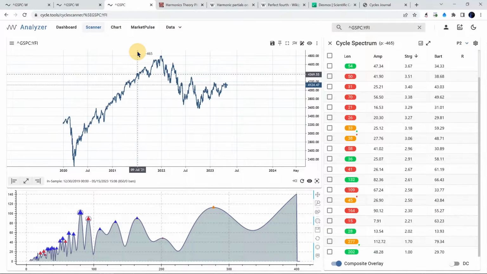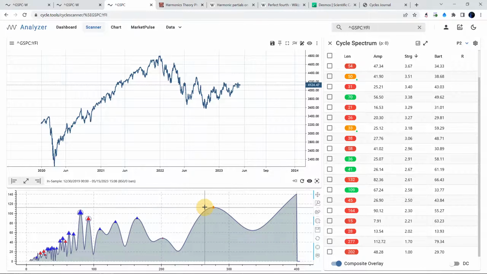So we have now adjusted our weekly analysis. And another interesting question will arrive. Yeah, Lars, let's now move to the next shorter time frame, which is the daily series. Now let's do that. Let's see how we can optimize our daily routine. So we have our weekly projection, which is now looking into late summer this year. So now we go to the daily chart. Here we have the daily chart.